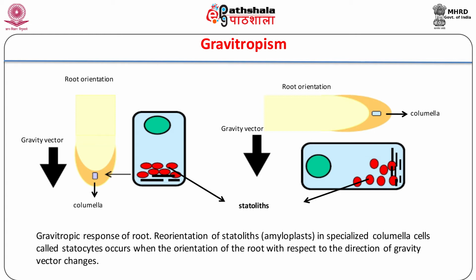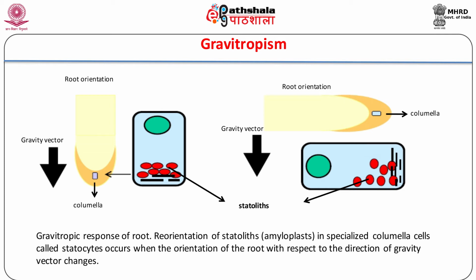In roots, specialized cells called statocytes are present in the columella tissue of the root cap, which sense the gravity stimulus, while endodermal cells, which form the innermost cortical layers, are the gravity sensing cells in shoots. These cells sense the direction of the gravity vector and this signal is transduced to other tissue which show differential growth, leading to curvature towards or away from the direction of gravity. In roots, the curvature occurs in the elongation zone, while in shoots an interplay between light and gravity responses leads to curvature.